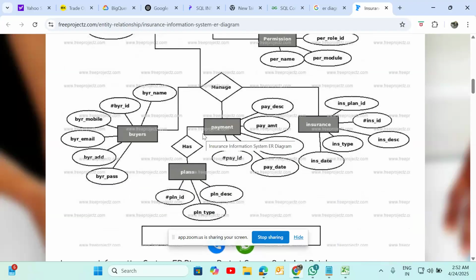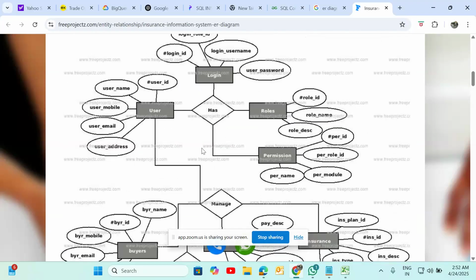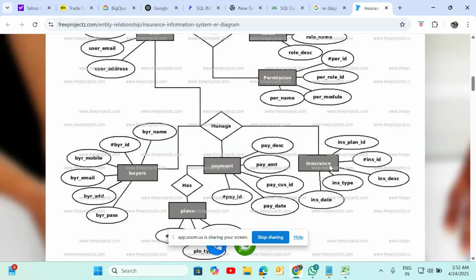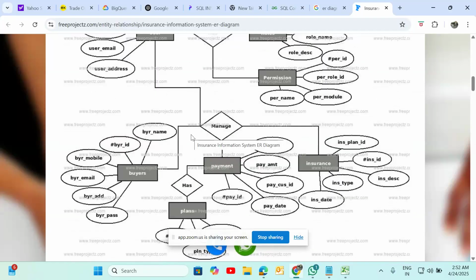Just for example, this is the ER diagram. We have the insurance ID, insurance description, and payment details, who is the buyer. But you see this diagram is a zigzag, right?